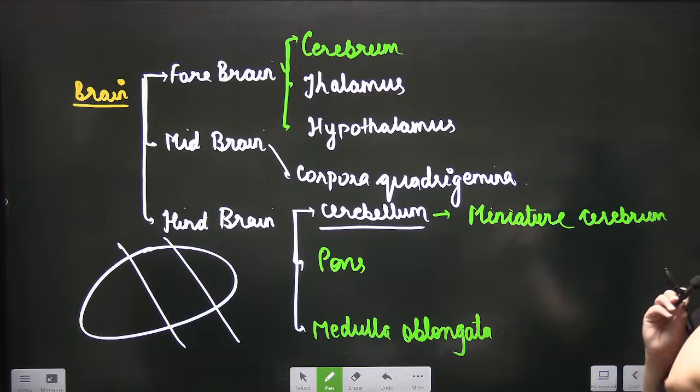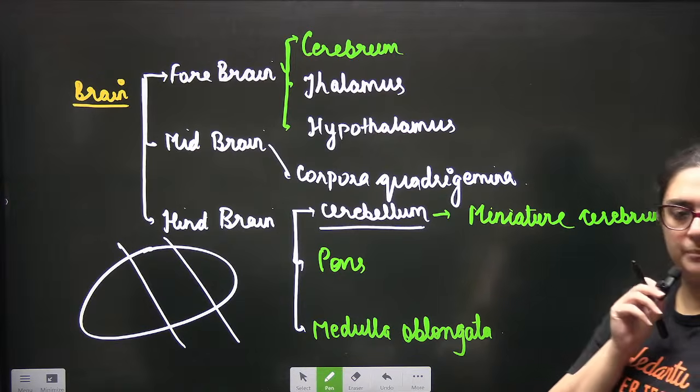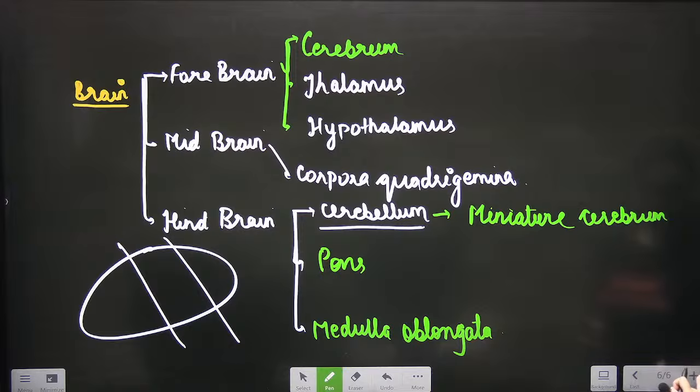Done. Cerebellum, pons, and medulla oblongata. Is it clear? Now you very well know that hypothalamus